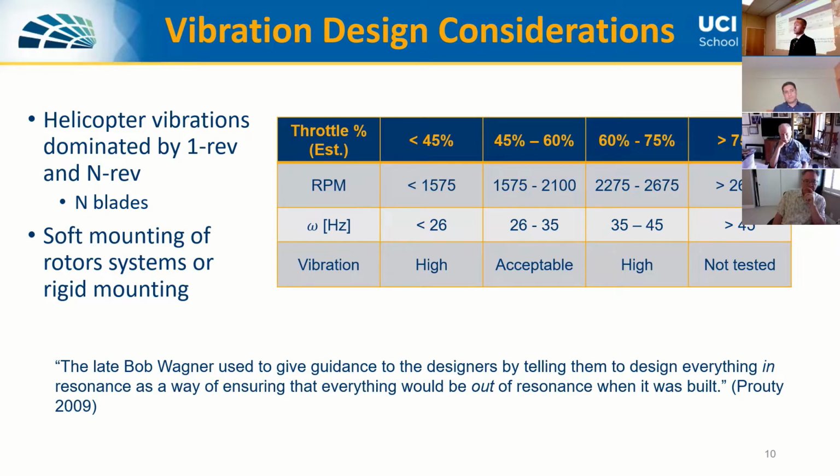And I thought that this quote is particularly interesting. It's from one of Ray Prouty's articles, and it says, "The late Bob Wagner used to give guidance to the designers by telling them to design everything in resonance as a way of ensuring that everything would be out of resonance when it was built." And I like this quote because I think it shows some of the challenge and frustration in working with rotorcraft